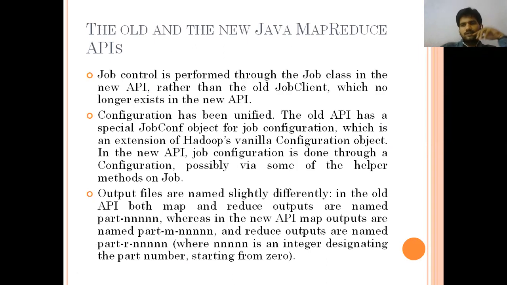So we can see why we are specifying this: what type of input we are going to run. Whether the old APIs or the new APIs are used, we can easily identify while running the cat command itself what type of APIs were used in the program. We will see that also. The file names are different in both cases.